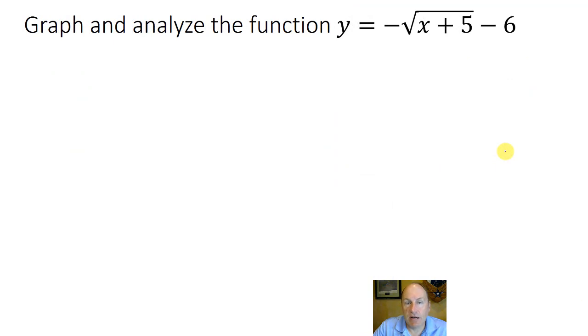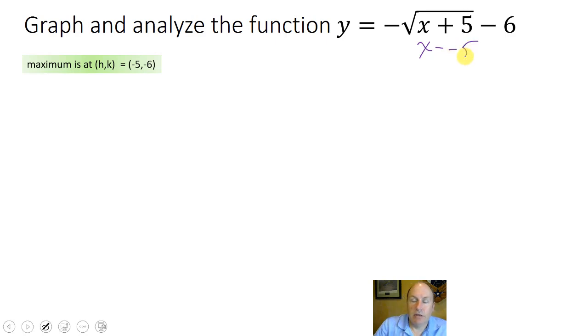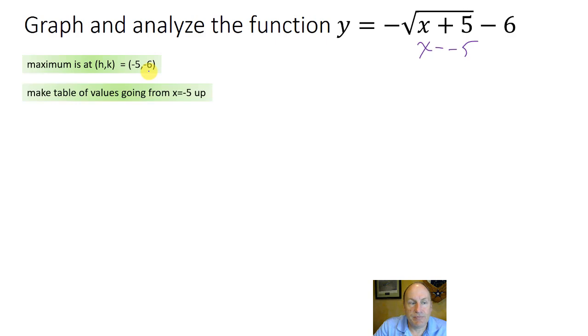Another example. Graph and analyze the function y equals negative square root of the quantity x plus 5, minus 6. Well, we know that the h is going to be -5 and the k is going to be -6 because -5 is what makes this x minus -5. So h is -5, k is -6. We'll make a table of values going from -5 to the right because we've got to have positive numbers in